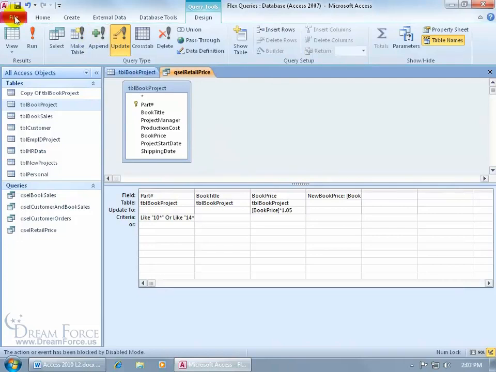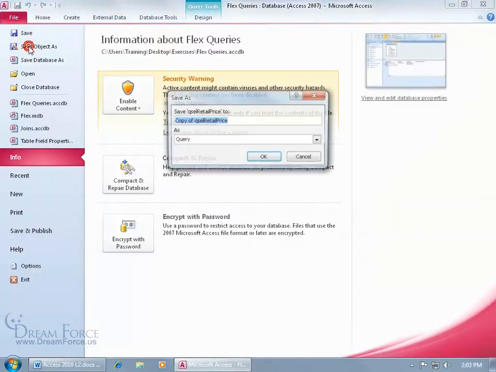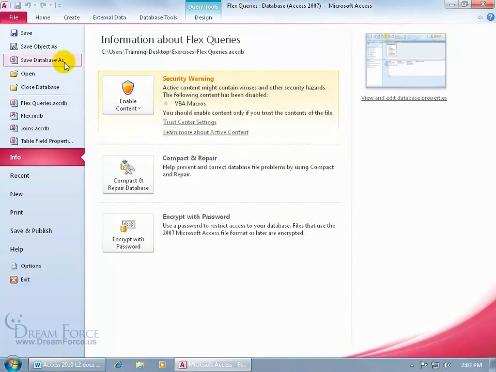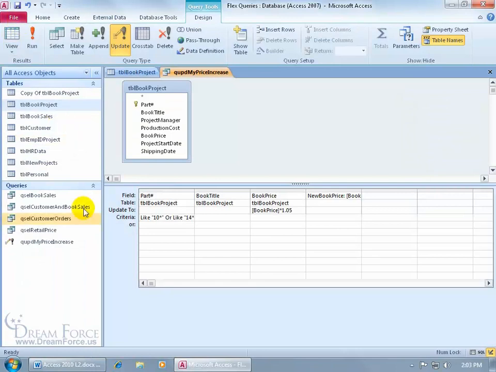Come up here, click on File, go to Save Object As, and let's name it QUPD, for Q Query, UPD for Update, and click OK. Click on the File tab again to get back, and notice over here in the Query section in the navigation pane that it's got the symbol that represents, as you can see up here, the update query: a pencil